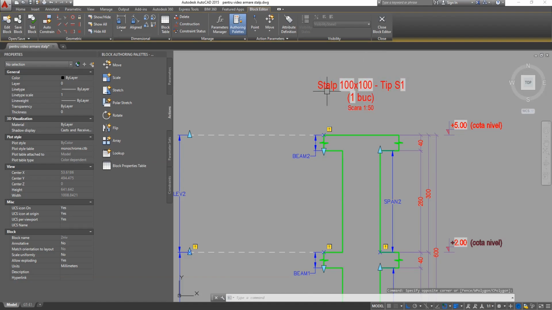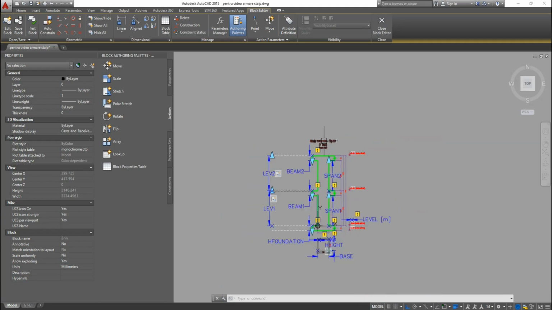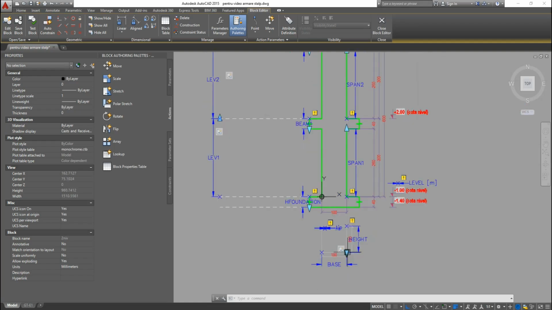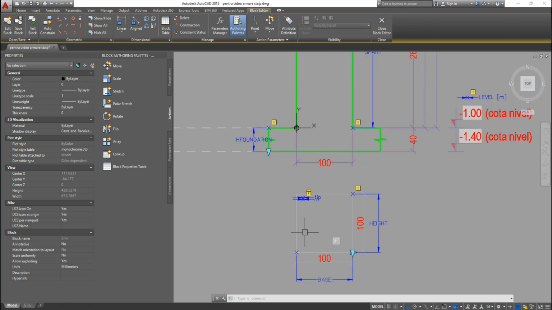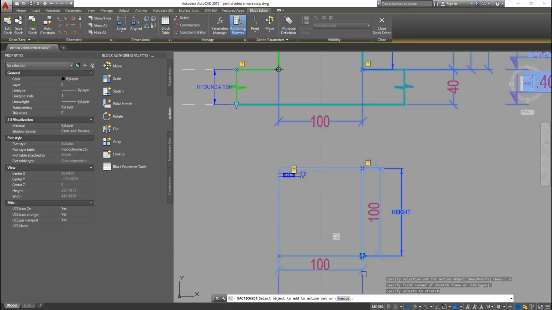But for this kind of object we shall use the move object. Okay, but before using this new action, we must take into consideration that this text was already included in the first stretch action. So we must first remove it from the stretch action and only then put a new action on it. So hit the stretch action, right click, action, modify, enter, and now we can hit remove,